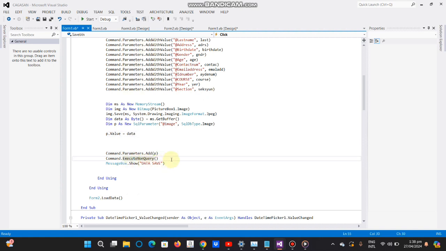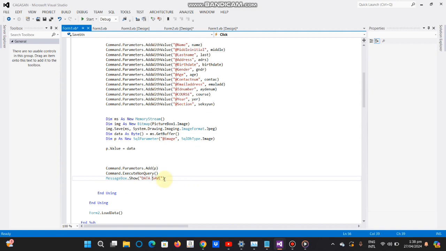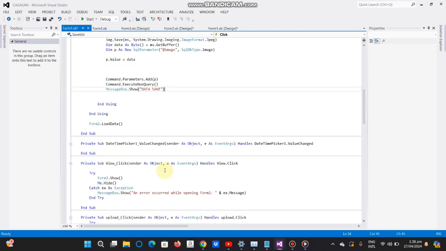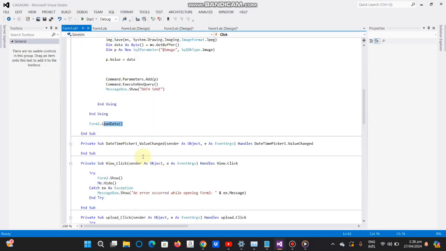Then execute query. Then if it is completed, it will save. You can save, and it will load into the data grid table here in Form 2.